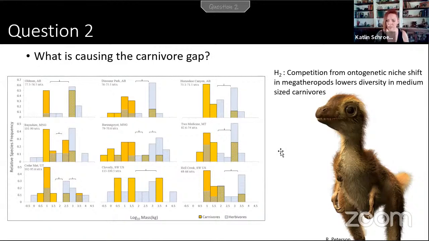When we're looking, you have to remember that this is a point that confuses a lot of people. When we're talking about body size diversity, we are looking at the adult body size, right? So we don't actually count T-Rex until it's 6 tons. But T-Rex might be doing something different when it's 1 ton or 500 kilograms, right? So we're generally not looking at the juveniles. We're only looking at the adults. So what happens if we actually look at the juveniles and the adults at the same time?